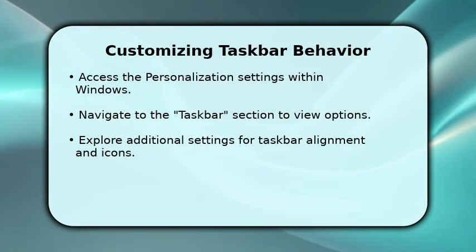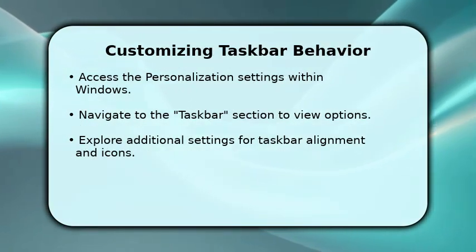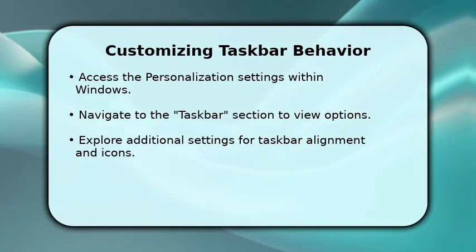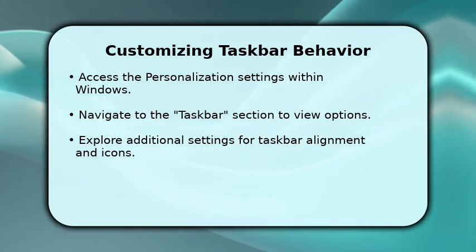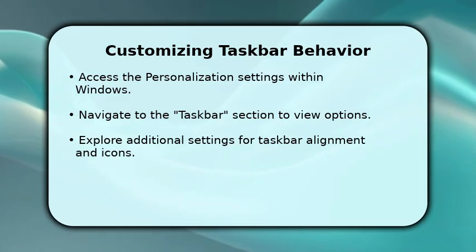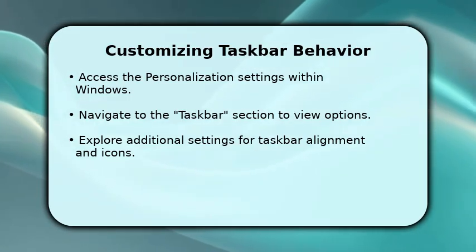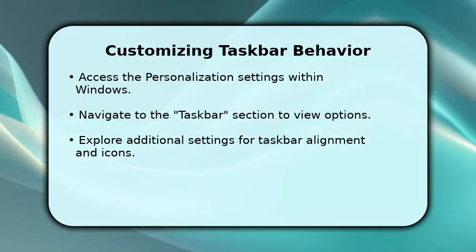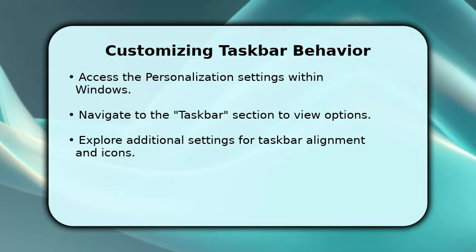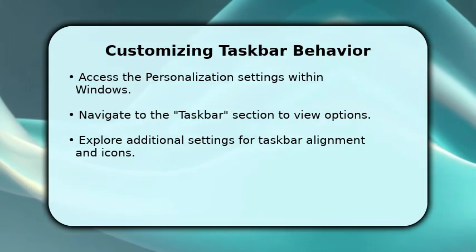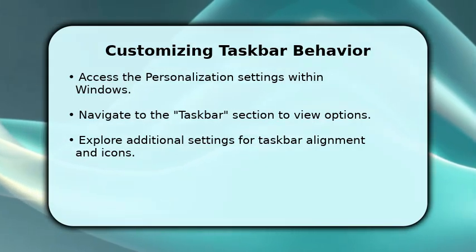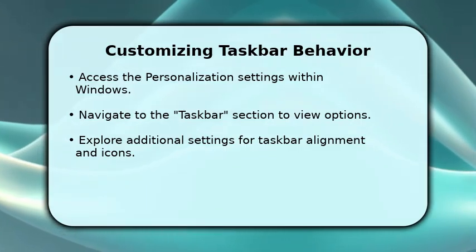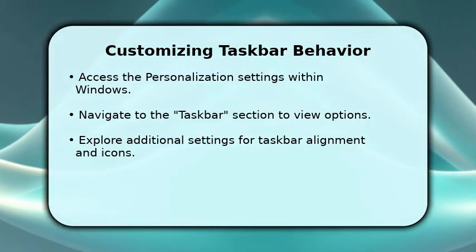Beyond just hiding it, you can further customize your taskbar's behavior. Head into your Windows personalization settings, then click on Taskbar. Here, you'll find more options to fine-tune its appearance and functionality. You can adjust taskbar alignment, choose which icons appear, and even manage system tray items. These settings allow you to personalize your desktop experience to better suit your workflow and preferences, making your Windows 11